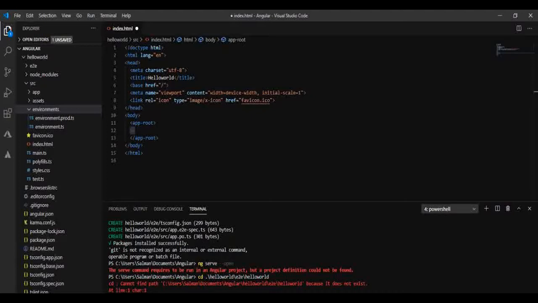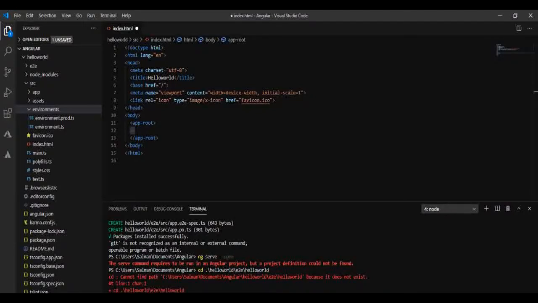Now we are in the same directory where we created the project, so ng serve --open. This will compile and run our application in the development environment.